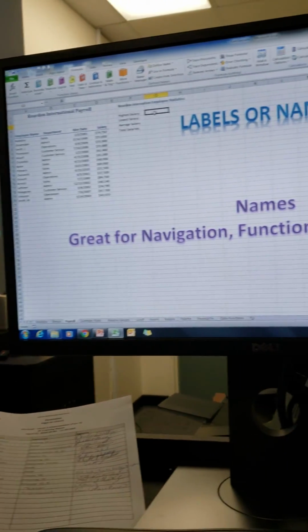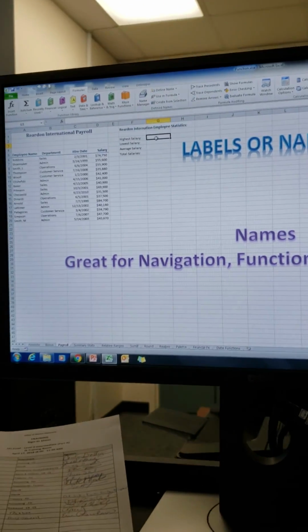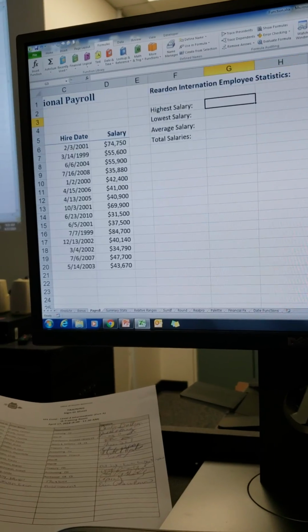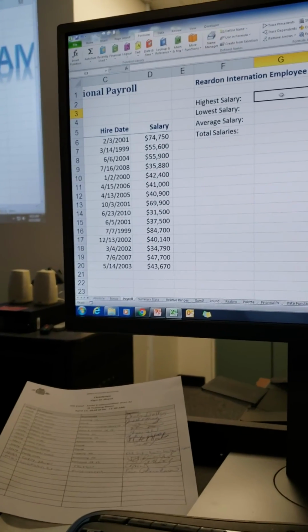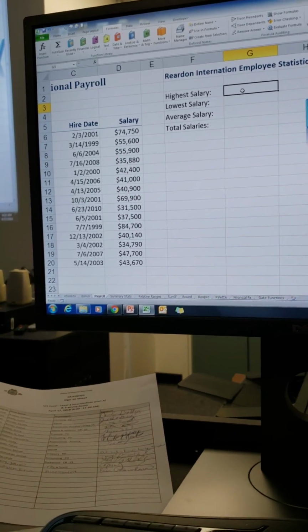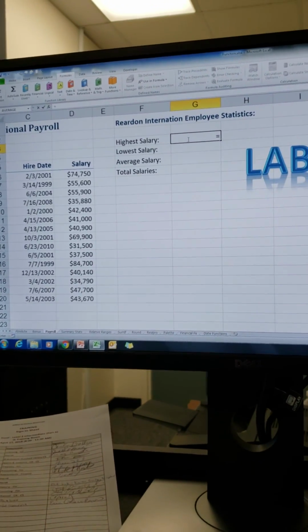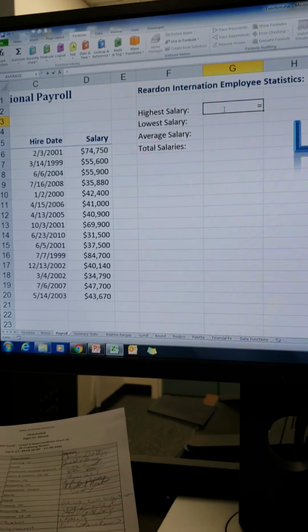What's the average salary? And what's our total salary? Now, I'm going to zoom in to make this easier, so when you're looking at my screen, it doesn't strain your eyes. So the first thing you're going to do, and we're going to type this because it's not really that hard to do. We're going to type in G3 equals